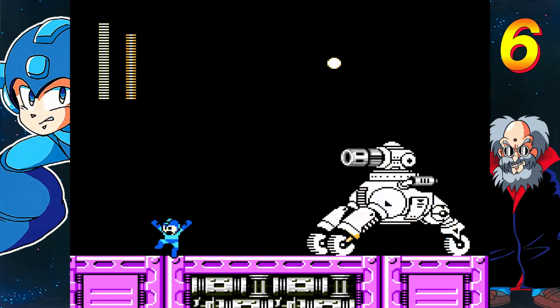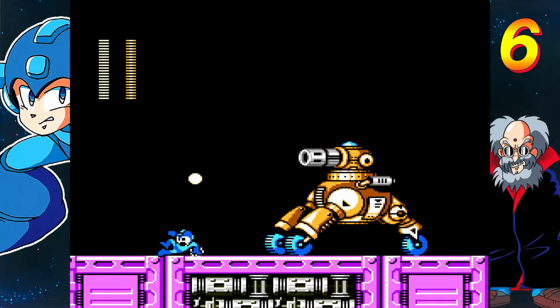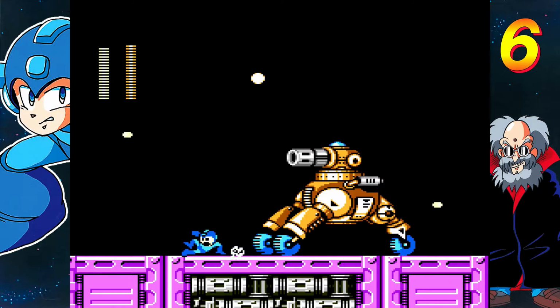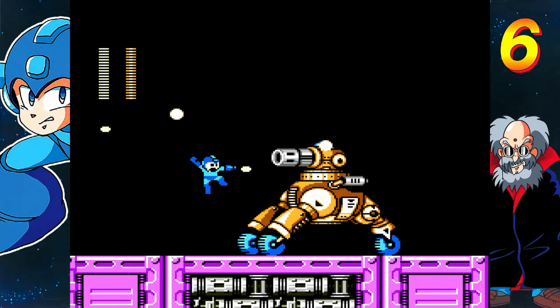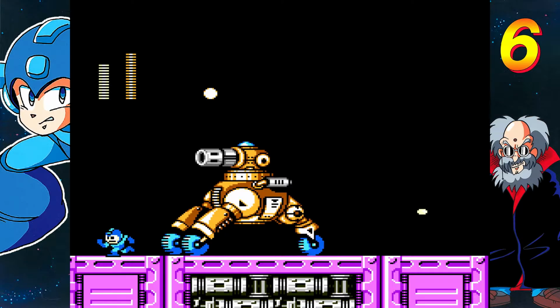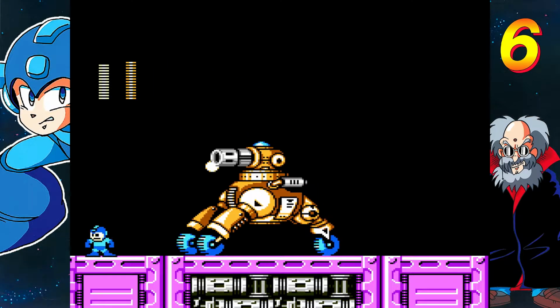Now, I don't know what he's weak to. I just know Mega Buster is the best thing to use against him. You want to shoot the wheels, that way he'll stay back. But he is constantly shooting these pellets out of the top of his head, and then these weird bubbles out of the actual cannon turret thing. And he's constantly trying to get closer to where you are, but if you constantly try to shoot the wheels...